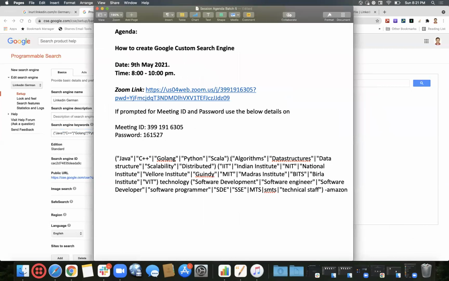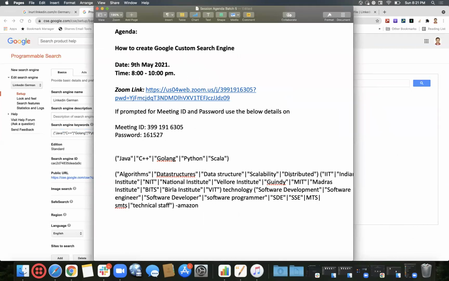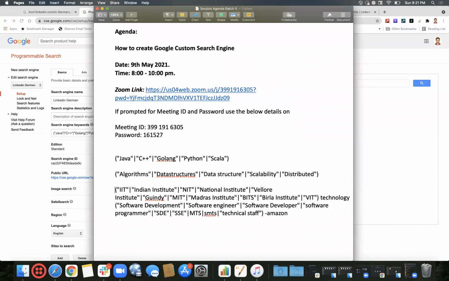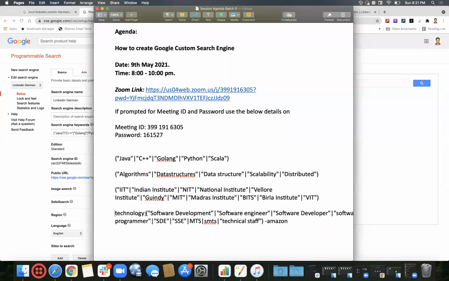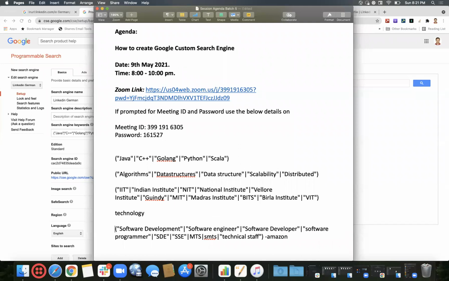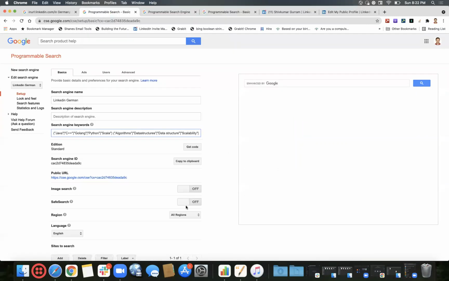So over here I'll take the same thing. Instead of member of, we'll make it technical staff.